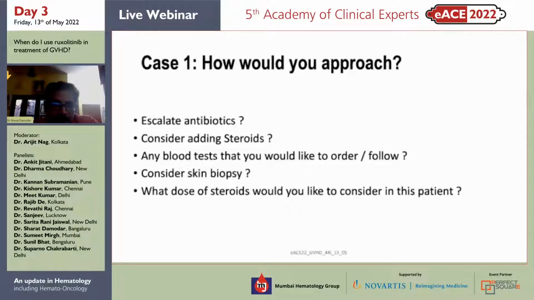And then we sat on it. I was actually pushing a small dose of Dexa rather than go the full dose on the methylpred. And then we pushed for an urgent biopsy, and it's come back as grade 2 skin GVHD. So you can go either way. And I still think there's a utility doing the biopsy. It's good to document some of these things, rather than, we all know we would give the steroid, but you might as well get your tissue in and do it. That's why I thought I'd bring in that point.